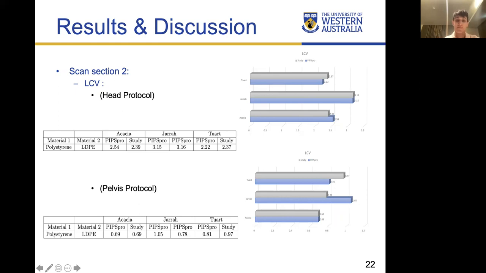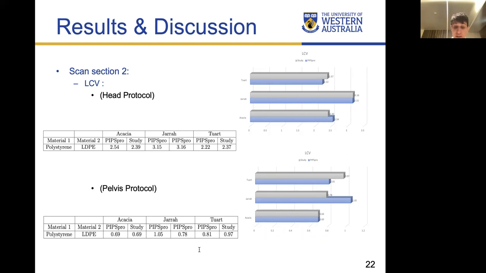Whereas for Acacia, high contrast by this study, 2.39 compared to 2.54. And Thorat, high contrast by PIPS-Pro, 2.12 compared to 0.37 for this study. For pelvis protocol, identical for Acacia units, both software, whereas for JARA, significantly higher contrast by this study over PIPS-Pro. For Thorat, PIPS-Pro more accurate than the study,